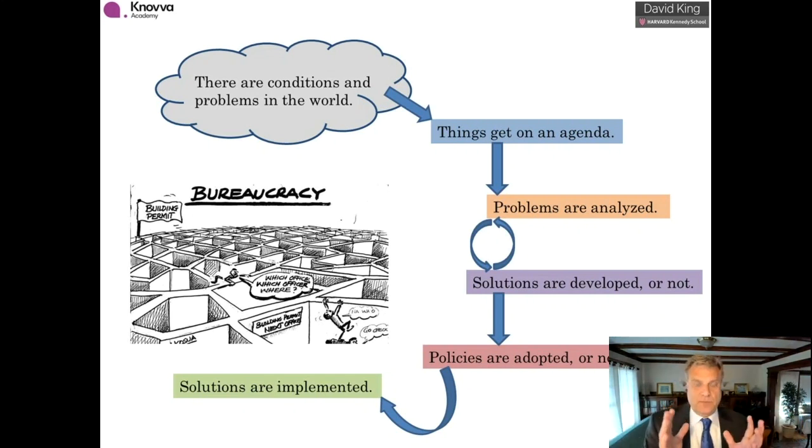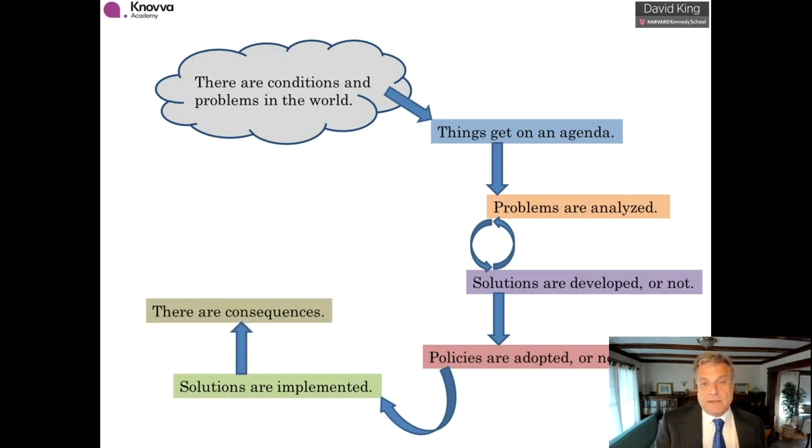There's a stickiness to a bureaucracy. There's a history and a tradition, a way of doing things. So whatever the policies are, they need to get implemented, and sometimes that implementation is going to be very poorly done. But once it's implemented, there are going to be consequences. And you've all heard about unintended consequences. It's like we've come up with a new policy, we've implemented it, and suddenly something goes wrong. They were unintended consequences. Unintended consequences are not the same things as consequences that can't be anticipated.